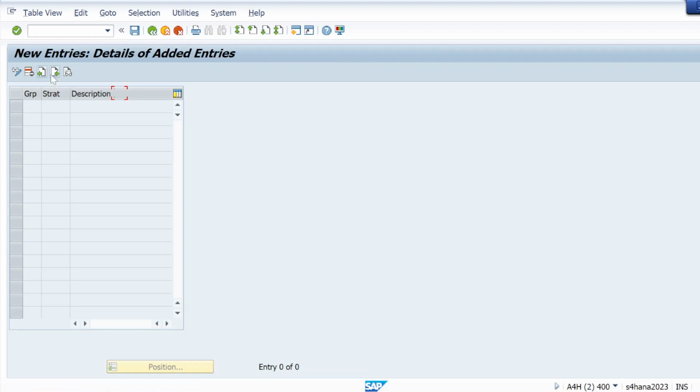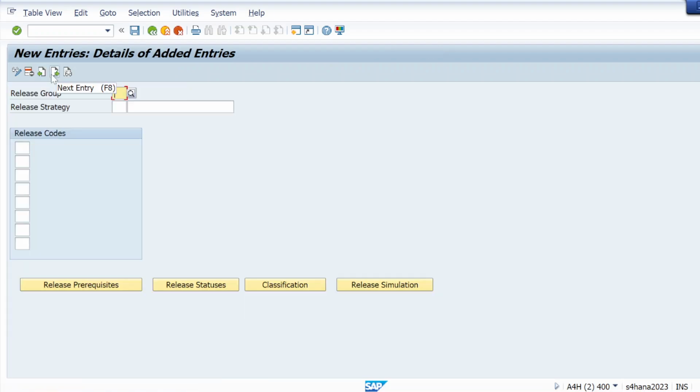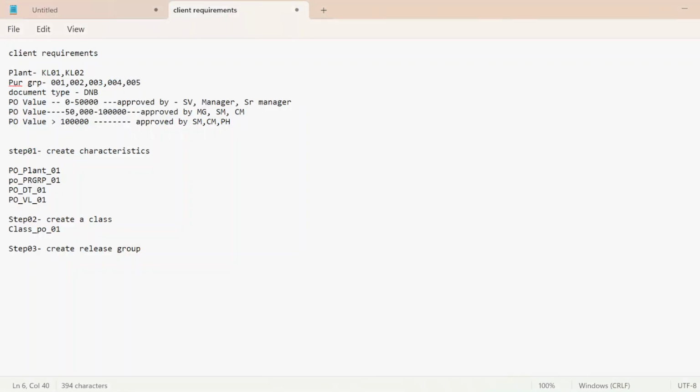So in release strategy, how many release strategies do we need to create here? We need to create 3 release strategies. Why? First release strategy for this, second release strategy for this, third release strategy for PO value greater than 1 lakh. So these 3 release strategies we have to